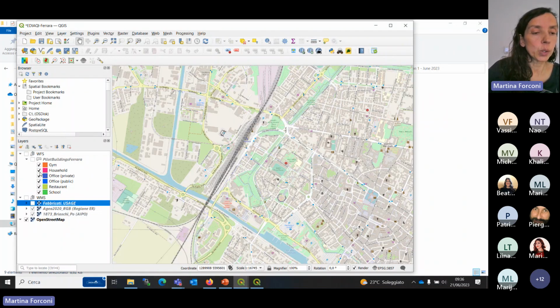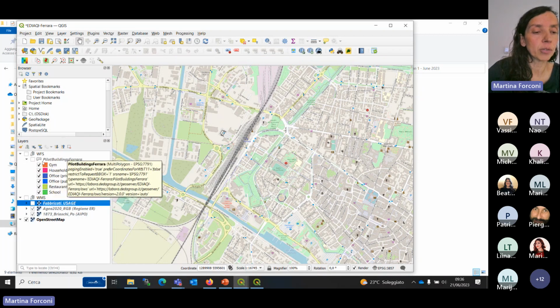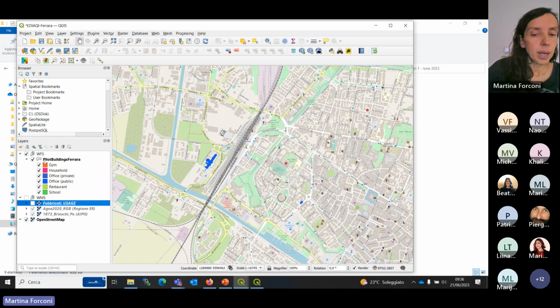Then we also added a WFS connection to buildings, the pilot buildings of EDIAQI. Buildings are shown in different colors depending on the type of the building.